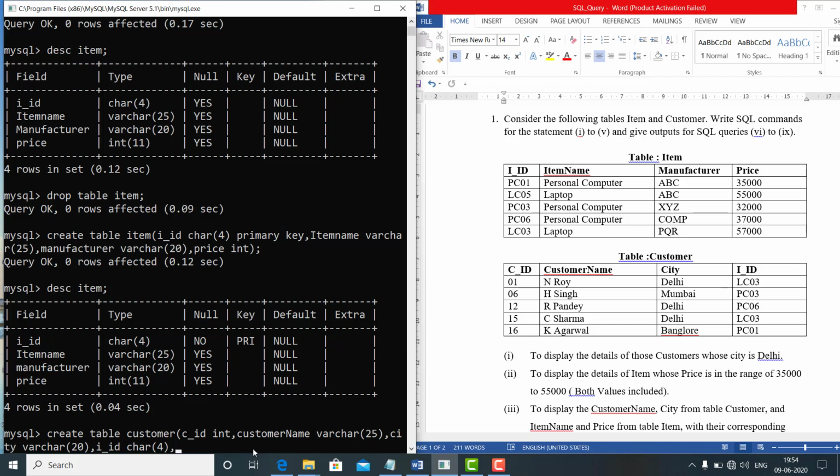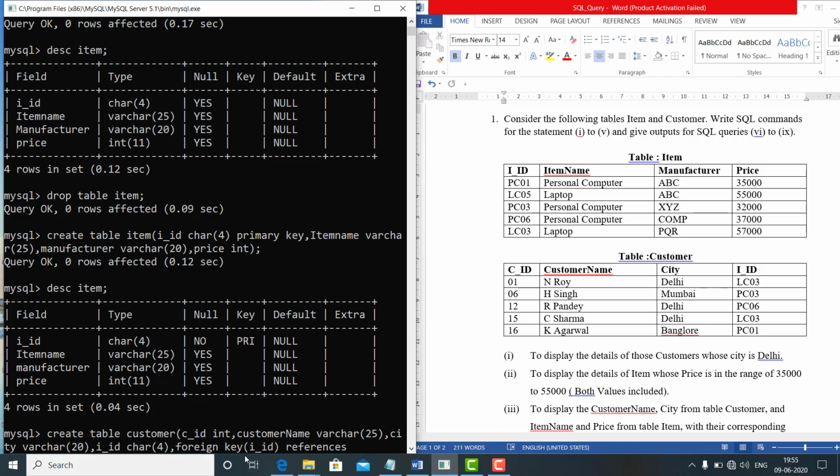So how can we create that column as a foreign key? We have to use the keyword foreign key. We want to make this column a foreign key, so we write the column name IID. Okay, now references. We have to use the keyword references.